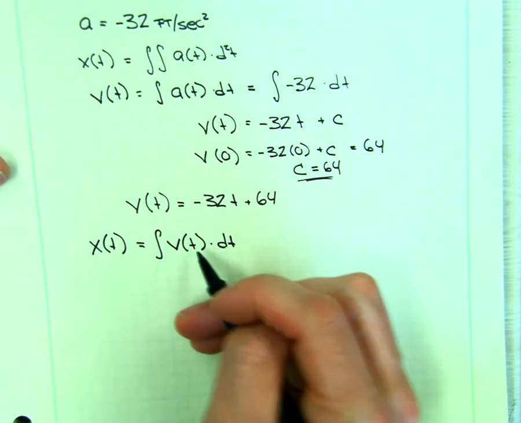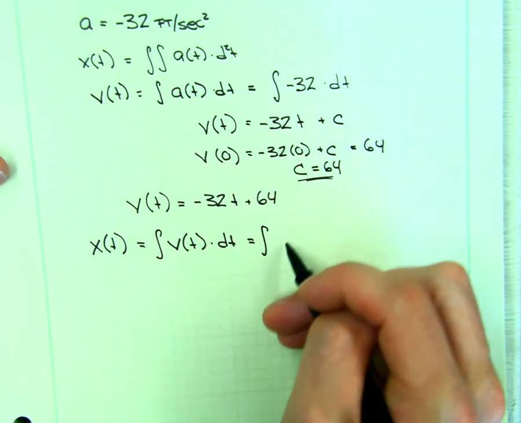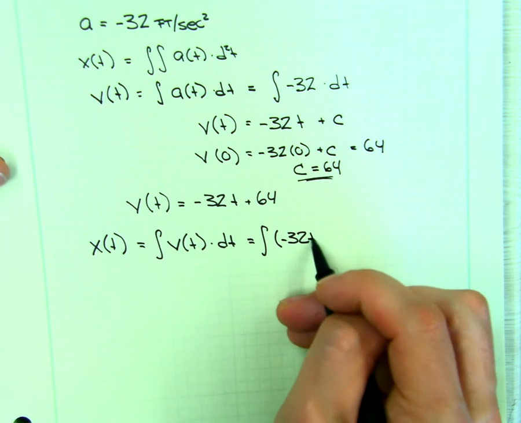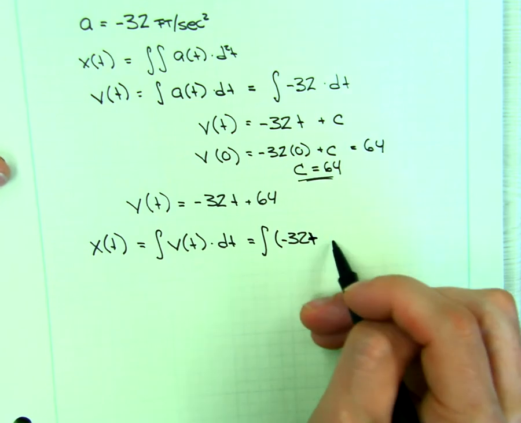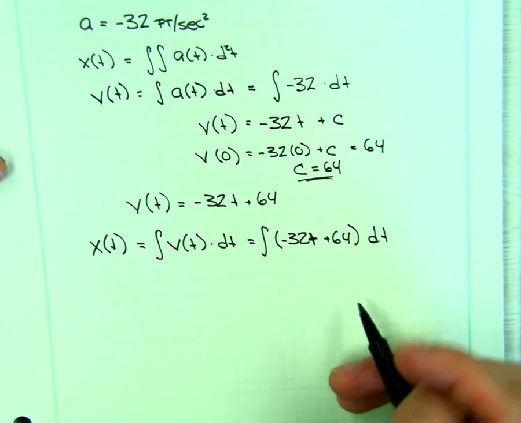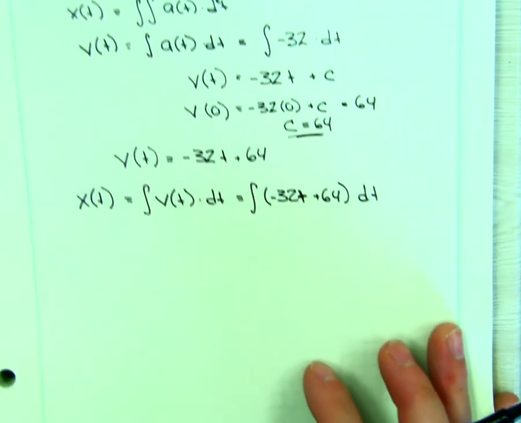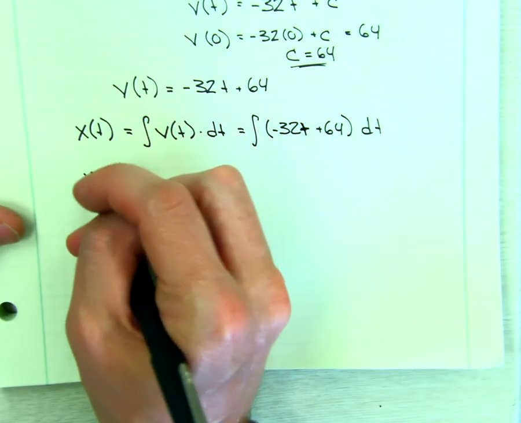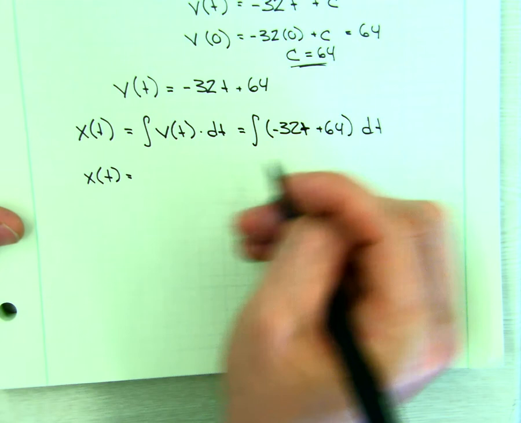Now all I need to do is replace v of t here, so I'm going to do that. So the integral, I just solve for v of t here. So I've got negative 32t plus 64 dt. Once again, I've got a simple integral here, right? It's just a power rule integral, nothing to it. So I can basically just say, okay, x of t is going to be equal to,